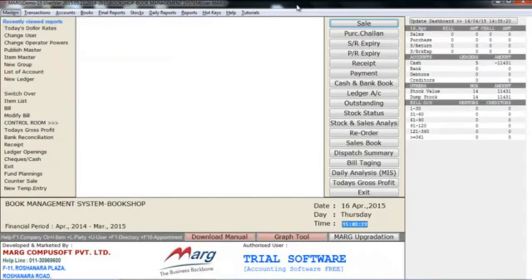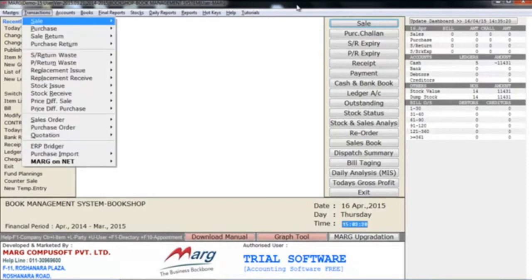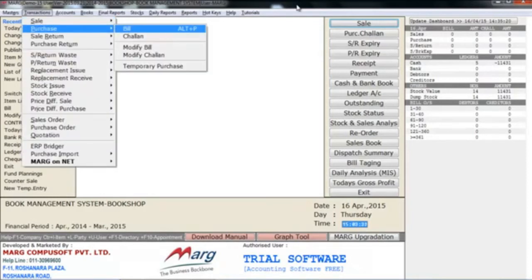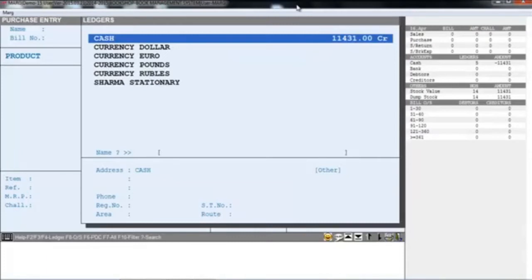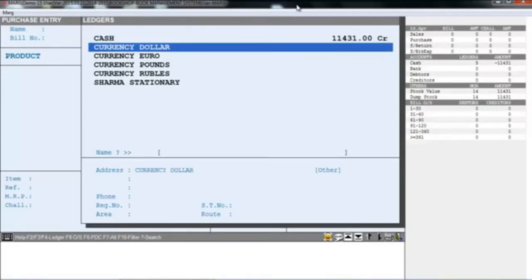Now after discussing about masters, we create purchase entry. For that we go to transactions menu, then purchase and then bill, or you can also press Alt P for the same. Firstly enter the date, then press enter, and now here you can see that ledger window will appear, and from here you will select that ledger from whom you are purchasing. Like we select Sharma Stationery,